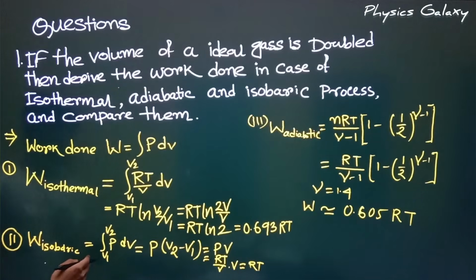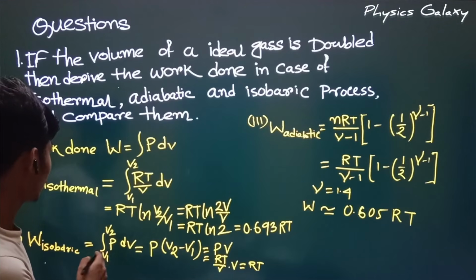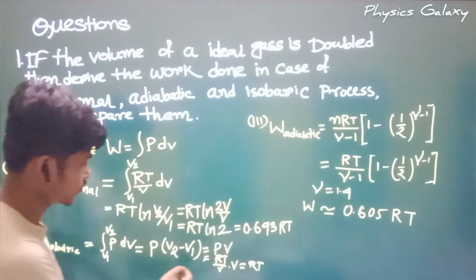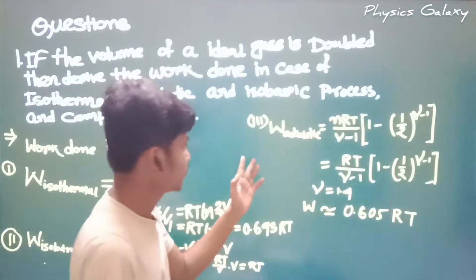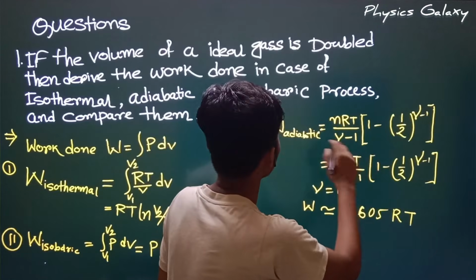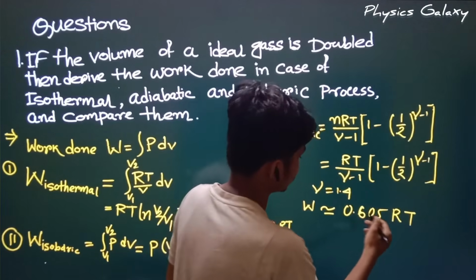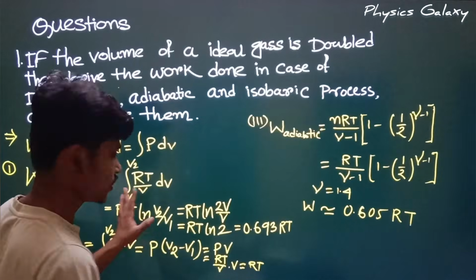For the isobaric process, that is pressure P equals constant, after simplification we get the result equal to RT. And similarly for the adiabatic process, substituting the values in the equation, we get less than 0.605 RT. Comparing these three results, we can easily see that